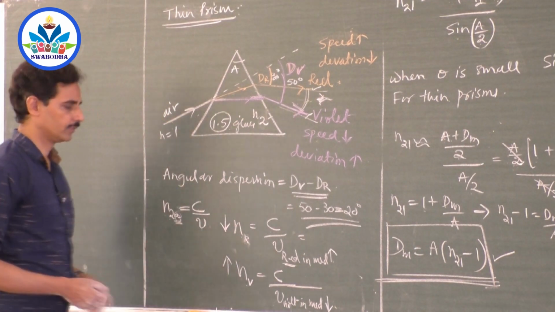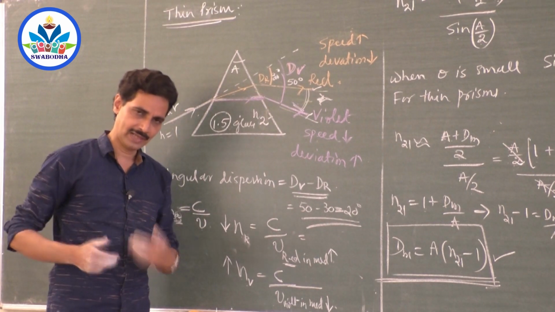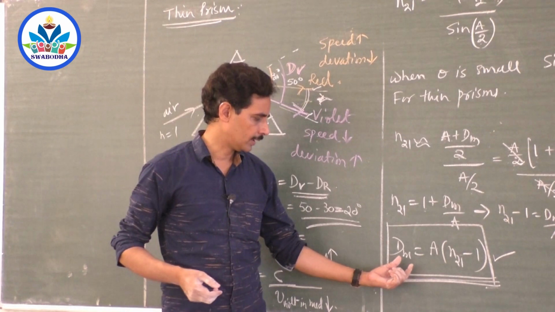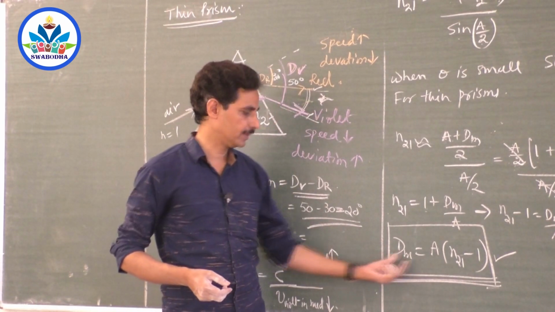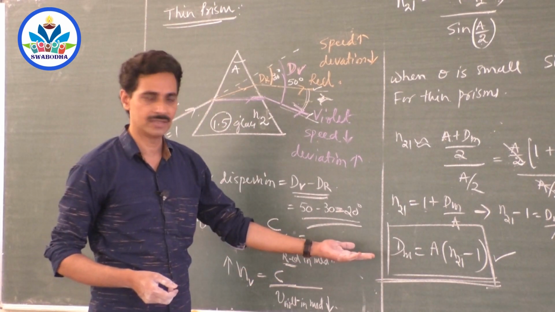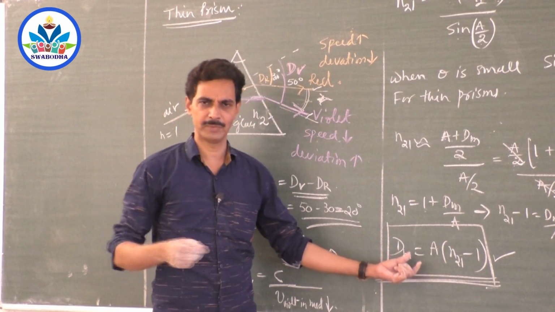So this is how we use a thin prism. Most of the scientists use a thin prism so that they will get the angle of deviation very easily. And here that doesn't depend on the angle of incidence, right? Angle of the minimum deviation for a thin prism doesn't depend on the angle of incidence. No angle of incidence, no angle of refraction. Whatever be the angle of incidence, angle of deviation will be almost the same. There won't be much difference.